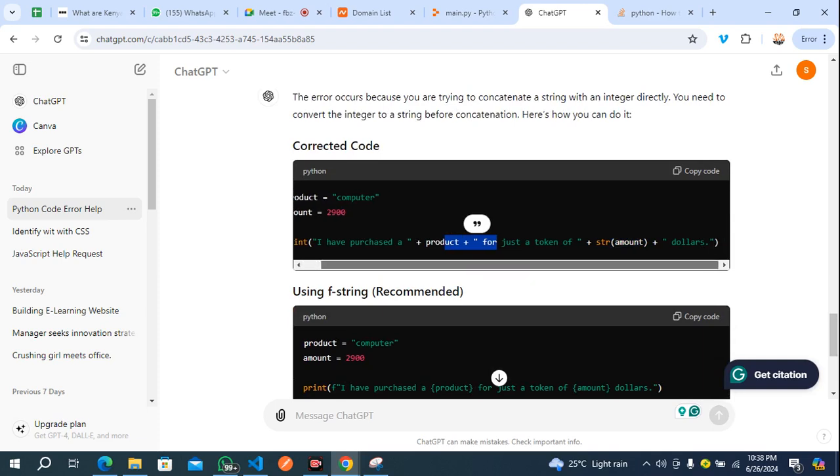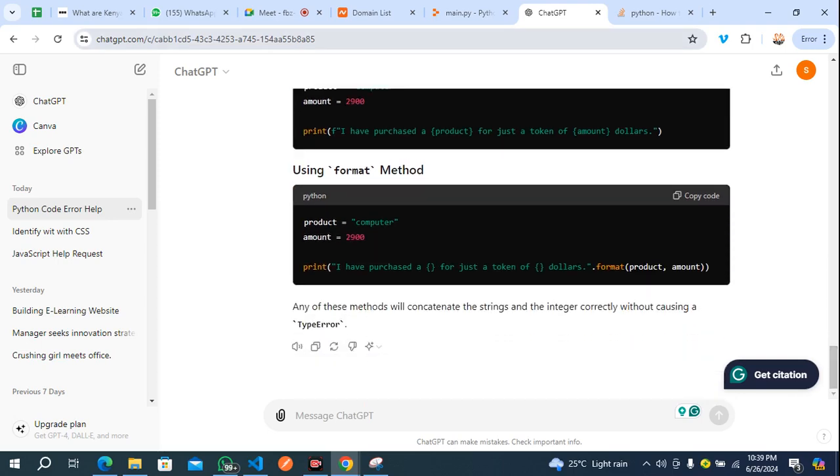It also recommends this way, which is more preferable, and we are going to see that later, that you don't need to convert. But let's take it gradually. We'll start using our F-string format, which will be in day 2 of 100 days of Python.